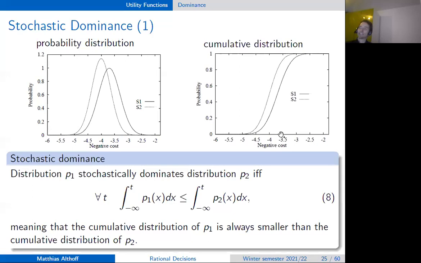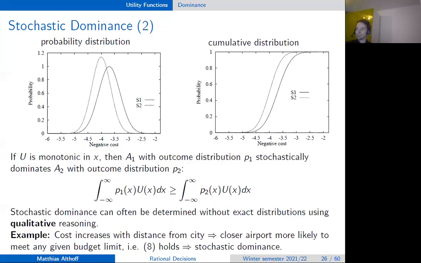Okay, and of course, it's not a given cost, but it is that at least the utility is 3.5, or at least the utility is 4. So that I should have said. Okay, good. So now additionally, if the utility is monotonic, so greater values of x means greater utility, which is